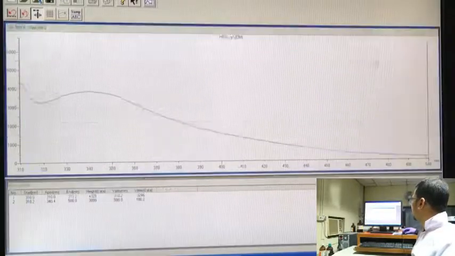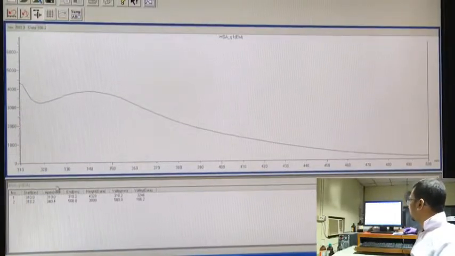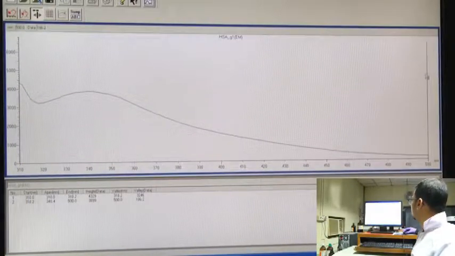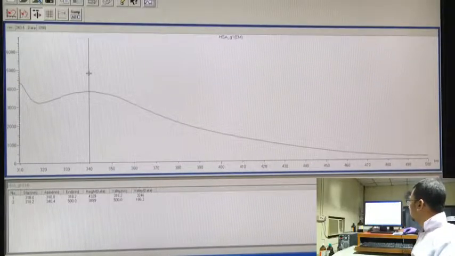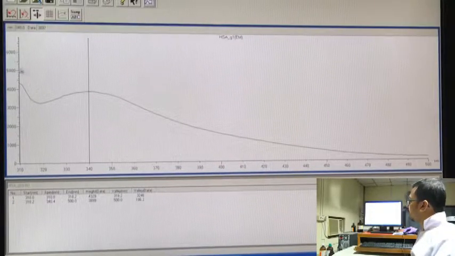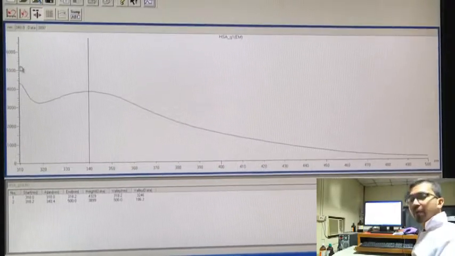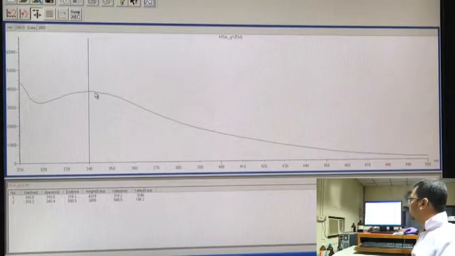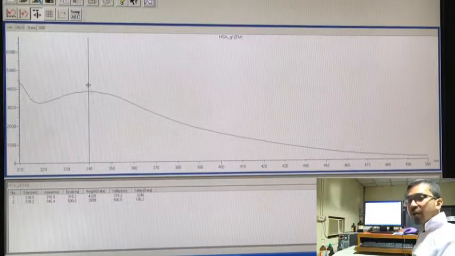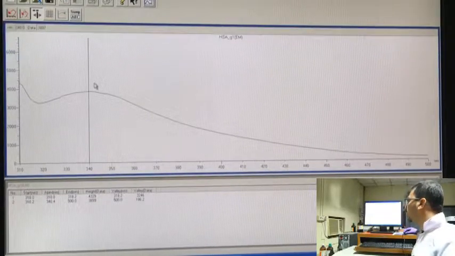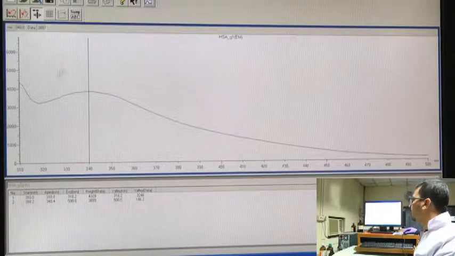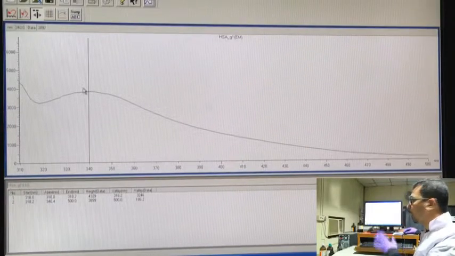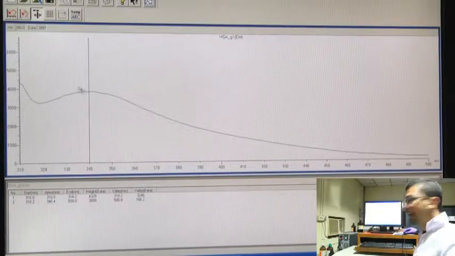Now, here if we open this one, we can go to the value, the maximum one, it comes again around 340. Here we have to note down the emission value, that is the intensity of emission corresponding to this maximum region. Now, one thing to note out here is that we may not be able to see this in the experiment while doing it, but when we will be plotting in Excel.